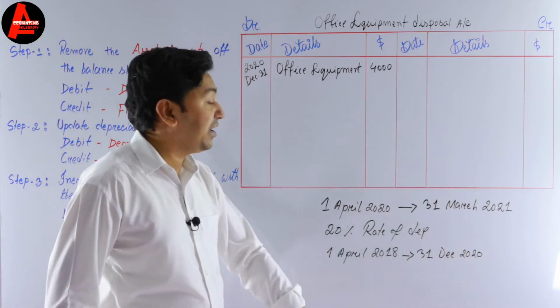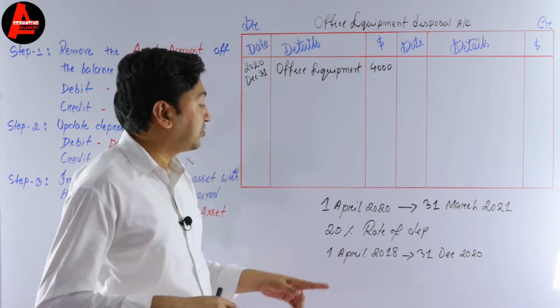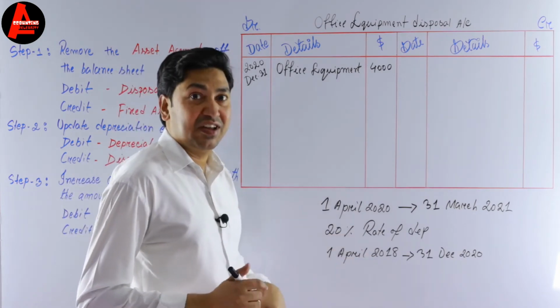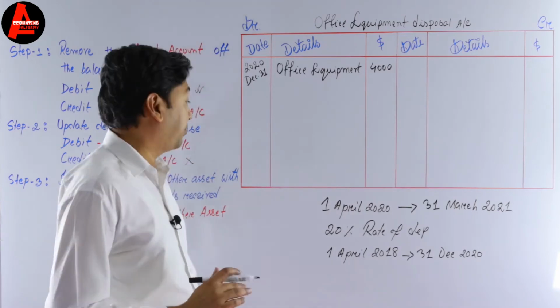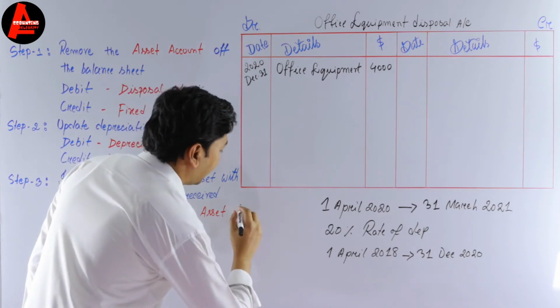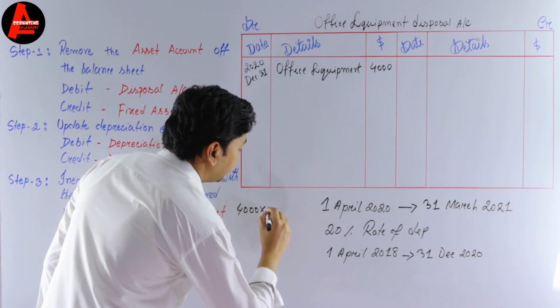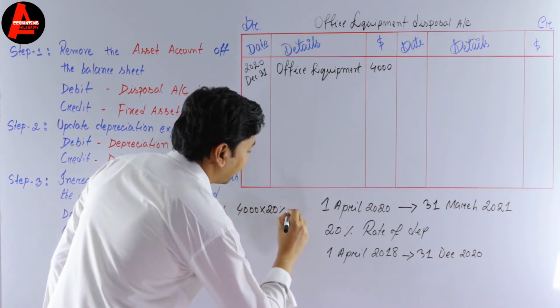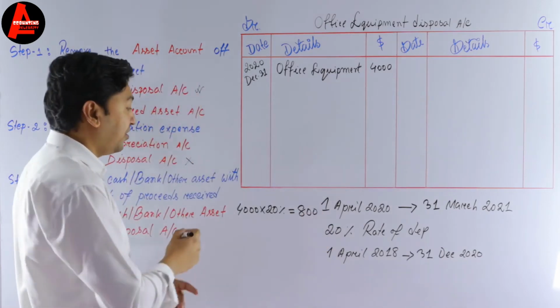Okay, so now we are preparing this account. So how many years already this office equipment is used? 2 years, 2019 and 2020. Okay, so for these 2 years we need to calculate the depreciation. Okay, so it is very easy. So cost price is here $4,000, multiply by 20%. Okay, 20% equal here $800. Okay, this is for